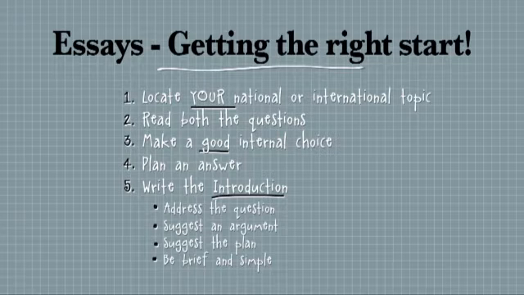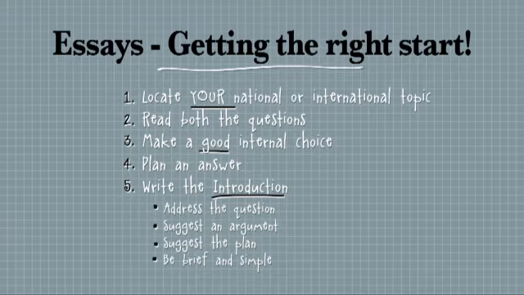Firstly, of course, you locate your national or international topic. Occasionally students locate the wrong topic, the one they haven't studied in class, and go wrong at that point. Ensure that you know if you're doing the German national study, or the Cold War international study, or whichever one you're doing, and find that question. Depending on how you've done your trial, you may not have come across a paper that includes all of the topics. So make sure you're ready to see all of the topics, including the ones that you haven't studied, and sort out the difference.